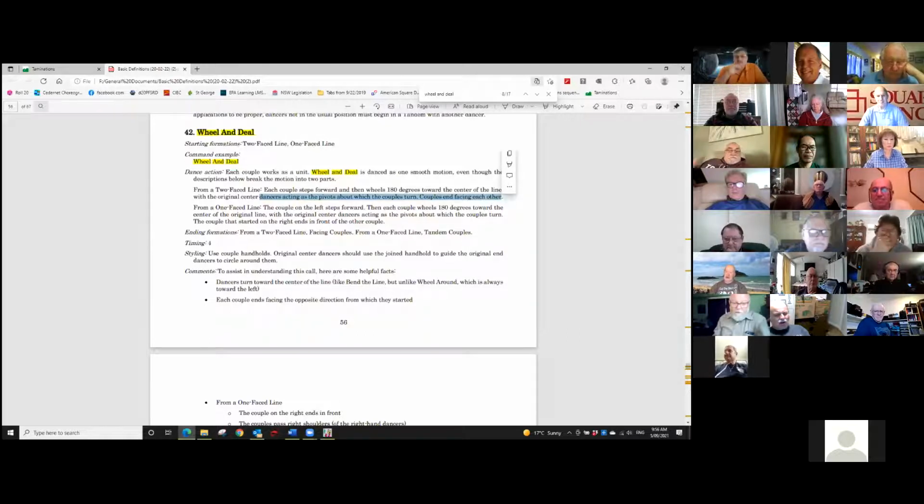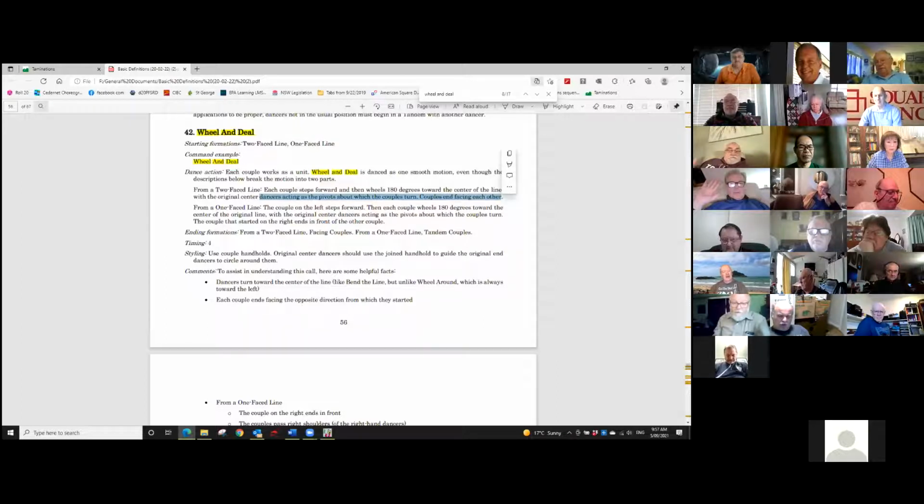The problem is... You're saying the pivot point is between the two dancers of each couple. No, the pivot point is the center dancer. Where the two dancers touch hands, that's the pivot point. For the inside dancer, it's essentially the same as doing a fold. For the outside dancer, it's the same as doing the cross fold. But I don't know. To my mind, it looks like it would be a